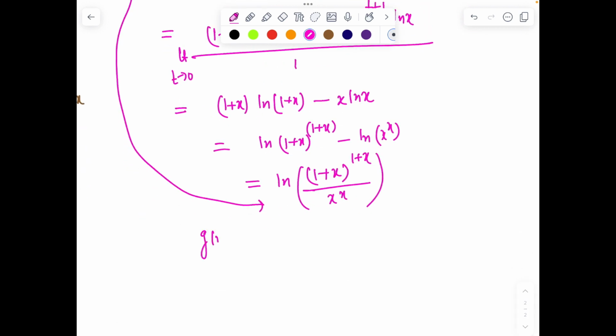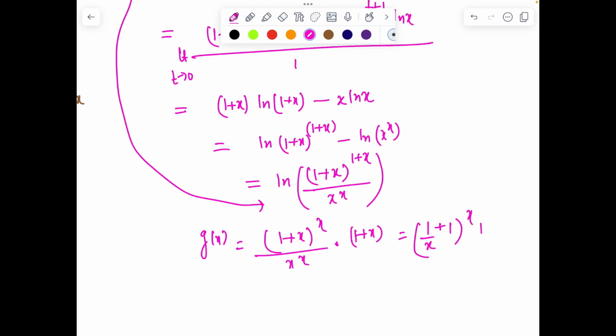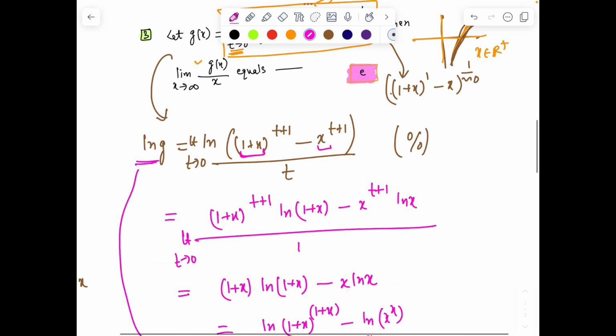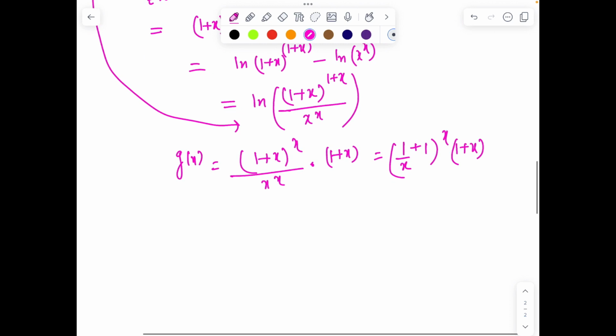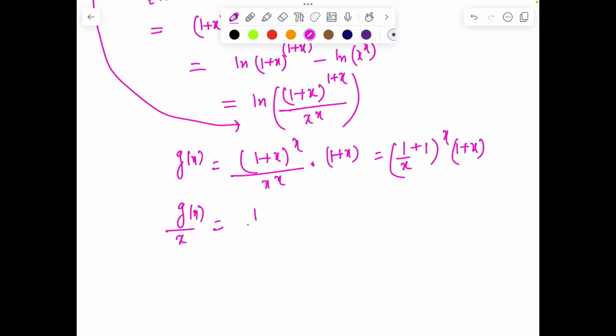So the function g of x becomes (1 plus x) to the power x divided by x to the power x, into 1 plus x, which I can write as (1 plus 1 by x) to the power x into 1 plus x. Now the question is g(x) by x. If we find g(x) by x over here, we have (1 plus 1 by x) to the power x, and 1 by x plus 1. This is our function, and the limit x tends to infinity